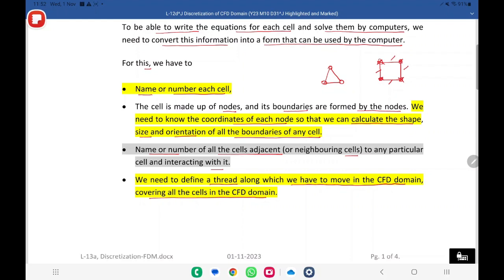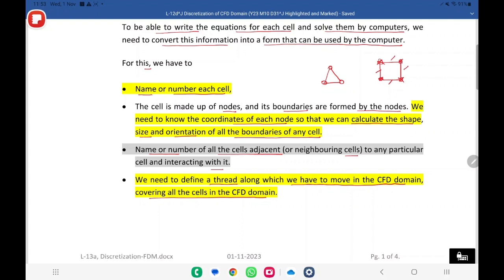One CPU will be solving one cell, or maybe, depending on the way you write the program, a finite number, right? And you have millions of cells. Even if you are solving a few cells together, maybe 10 or 15, still there has to be an order in which they are solved. That order may be whatever you decide, or the computer may decide, but you have to do one by one. So you need to define a thread,